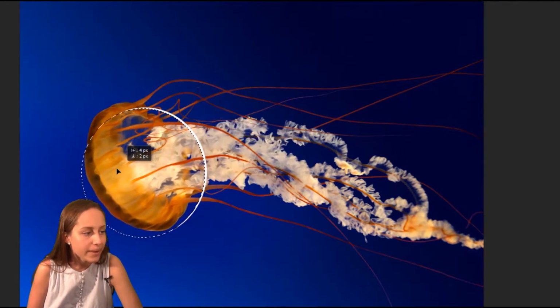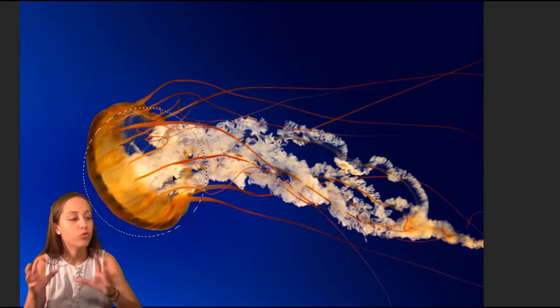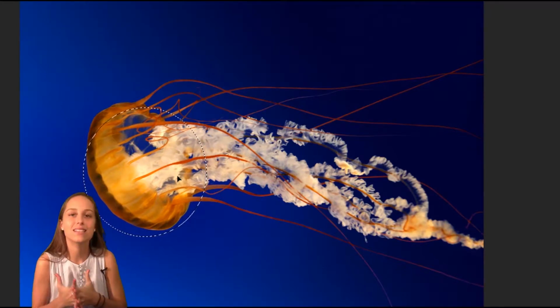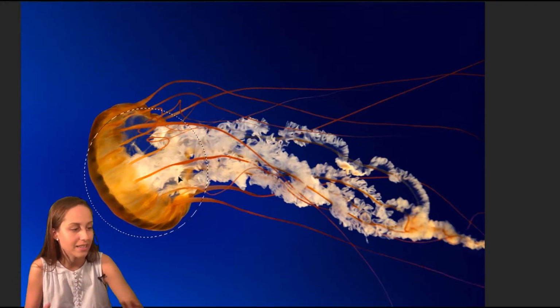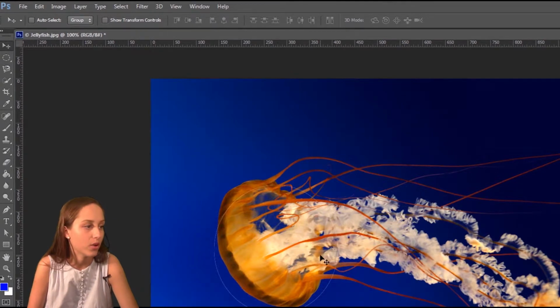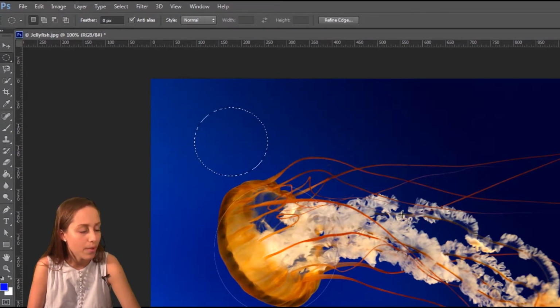All right, but let's say I have selected this and I'm not happy with what I've selected. The greatest thing for you to know is how to deselect something that you've selected. How you do that is you press Control D and it deselects whatever you've selected, and you can then restart. So if I click on my elliptical tool again and I select this, and now I want to select something over here, or maybe I want to select 2 things,